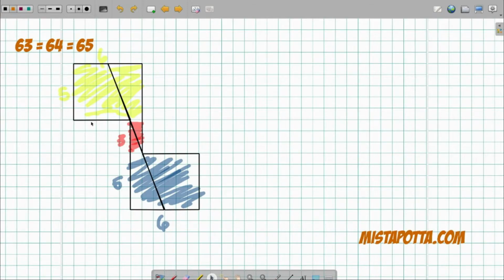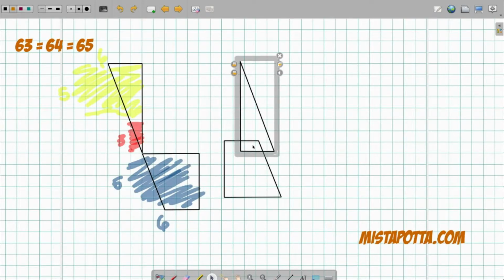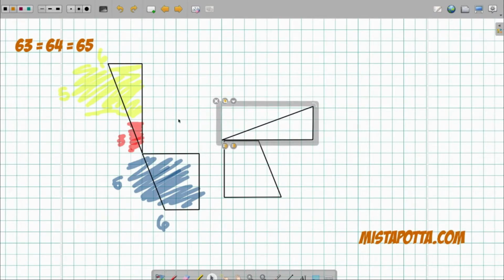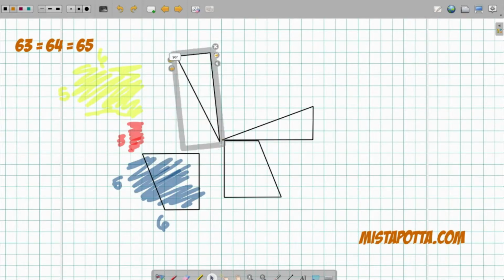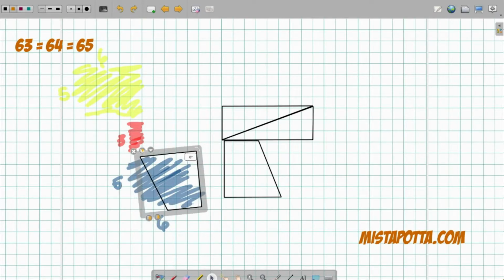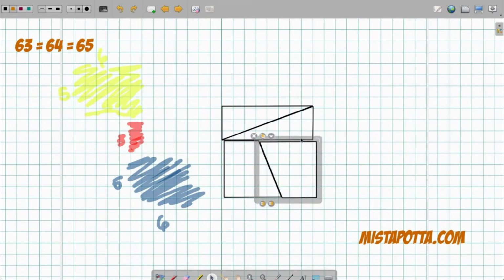But what I'm going to do now is I'm just going to take these shapes and I'm going to rearrange them in a slight way. Take this shape and rotate it. And then take this shape and rotate it. Actually, I don't need to rotate it. I just need to put it over here. And now what I've got is